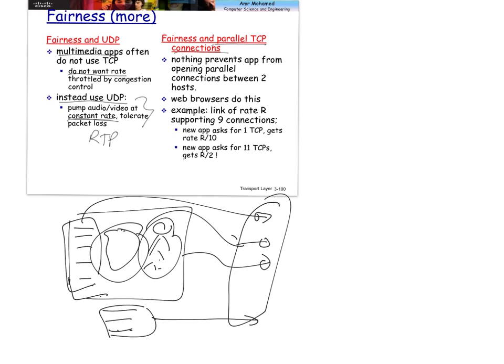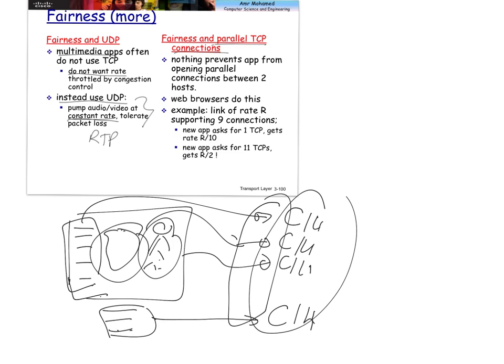So if you have 4, this one will be C over 4, C over 4, C over 4, and then C over 4. So in a way, even though overall it's fair, this web content has got 3/4 of the bandwidth of the channel. Okay,